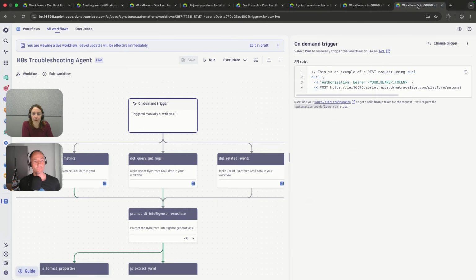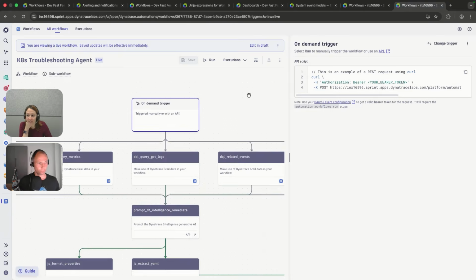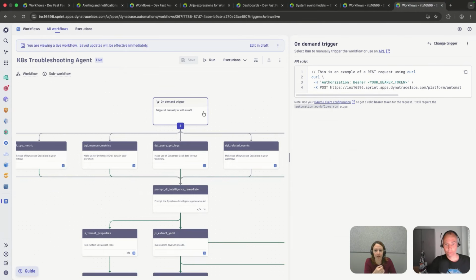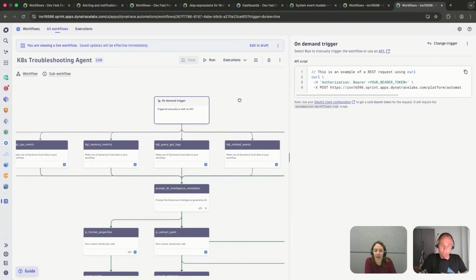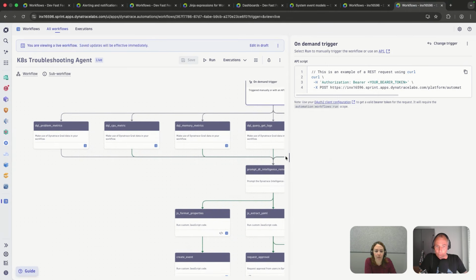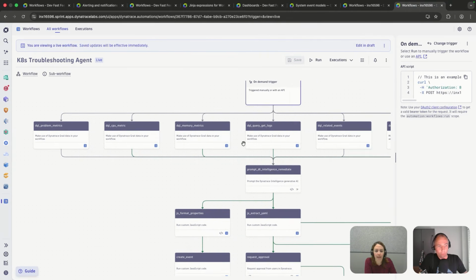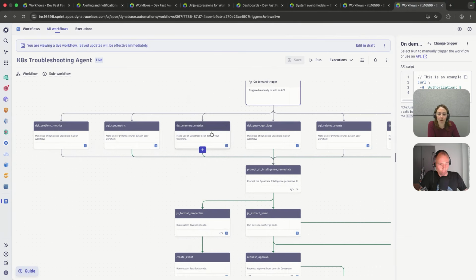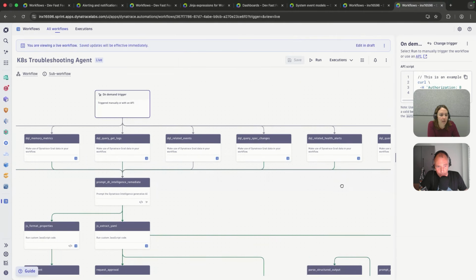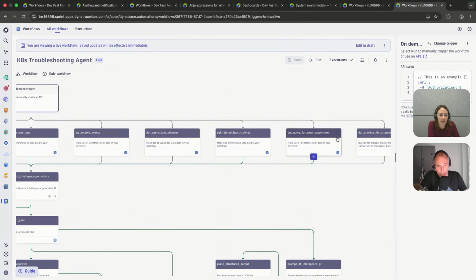Now let's look at the workflow. I've already opened it. So now this is the very interesting workflow. What happened? It's been triggered on demand from the other workflow. And then it will run, let me make that a bit bigger, different DQL queries to get all the information that is needed. So get the metrics that are related, get CPU metrics, memory, logs, related events, changes, health alerts, so all information, Smartscape,